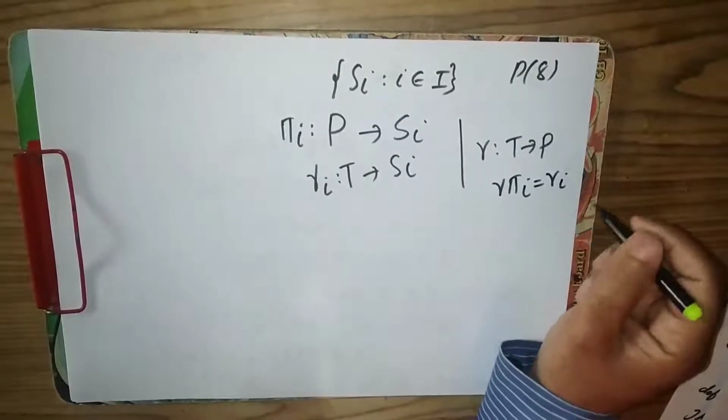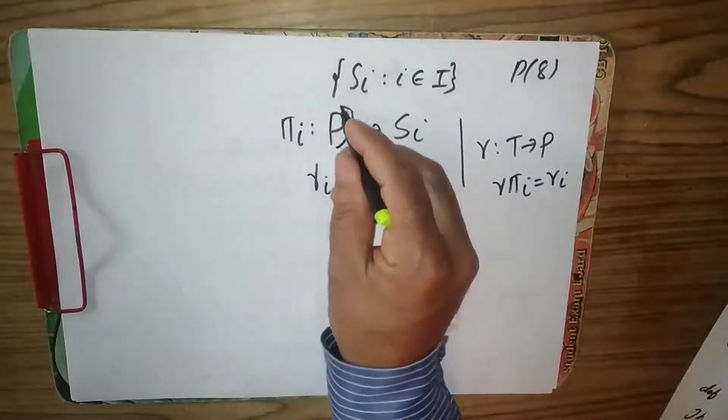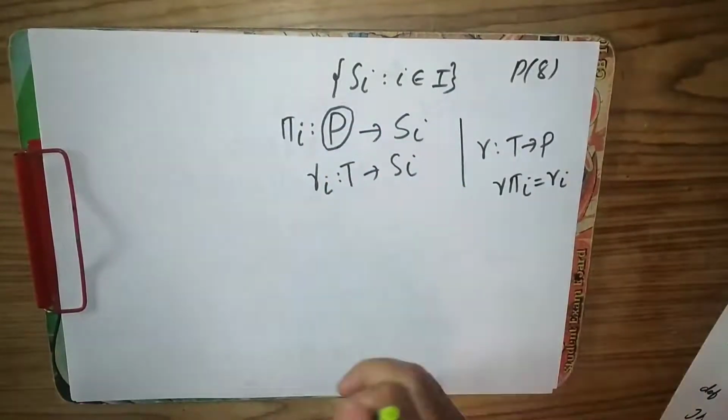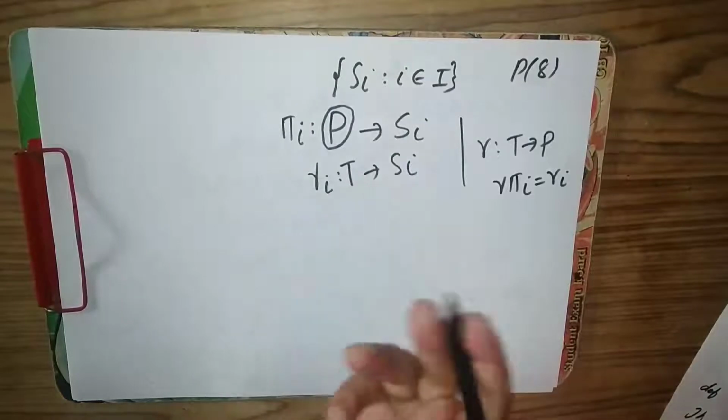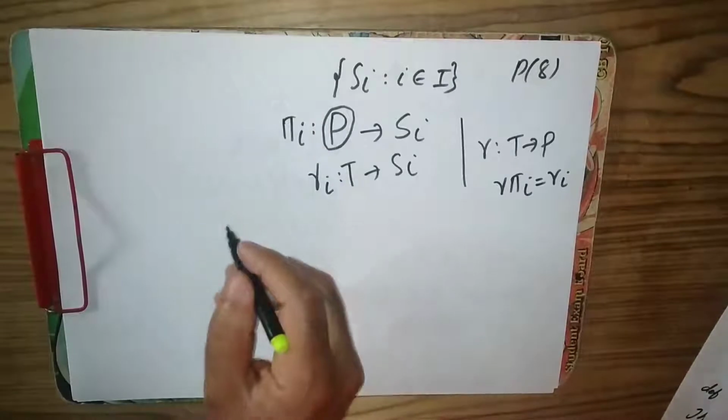So that's in category theory that any semigroup P having such property is called the product of the semigroups S_i. So what's actually the product of the semigroup? I will define it in a more general setting. So a semigroup